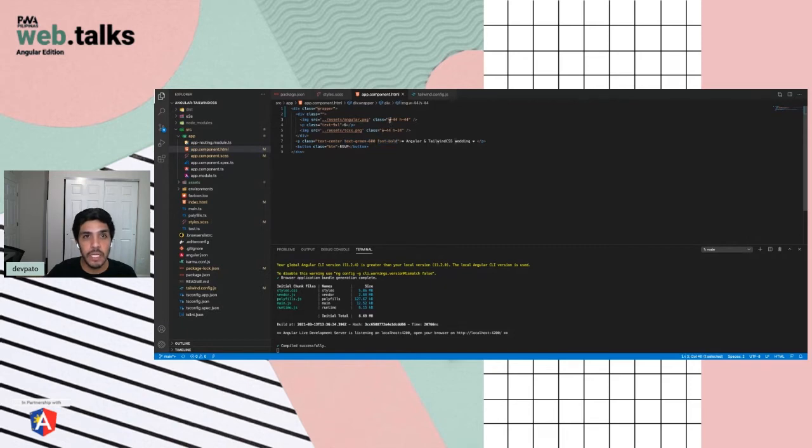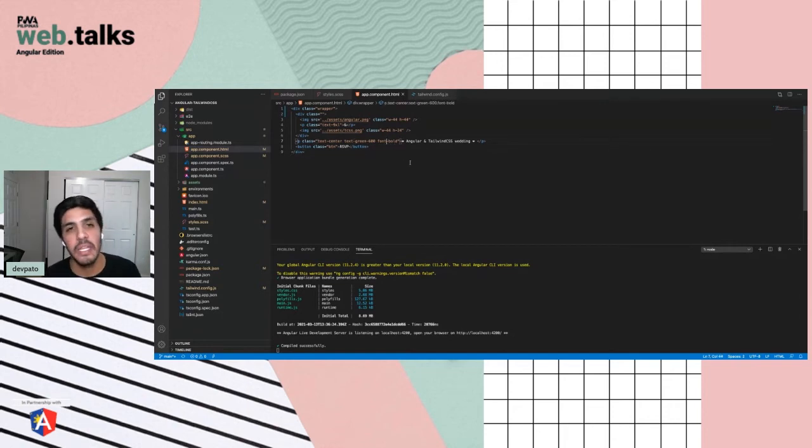Remember that these classes right here, and these ones right here, are already pre-made for me thanks to Tailwind CSS. They just decided to take their time and create this awesome open source project for us to have a better developer experience. So I don't really have to worry about writing the CSS. Like I was telling you, all I have to worry about is combining the classes that they already made for me, which is amazing. So the only problem is that, as you can see, I already have 1, 2, 3